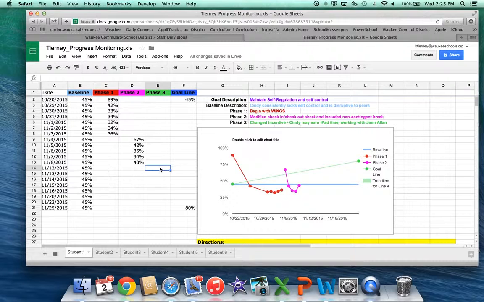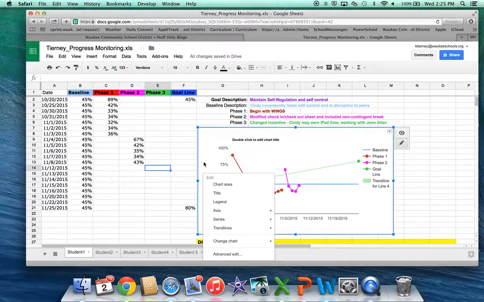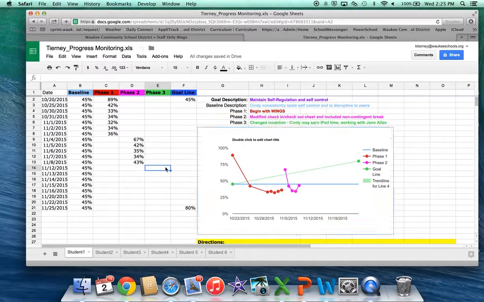I'm going to go back to my PLC. I'm going to say, hey, here's my data. This is what we have currently. This is kind of what I'd like to talk to the team about. And what you're going to do is you're going to then move to phase 3. Your PLC suggested that you change your incentive